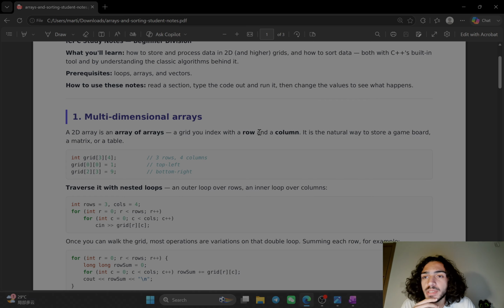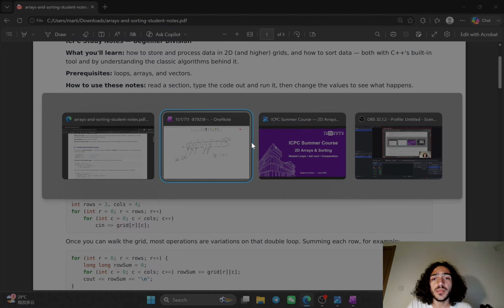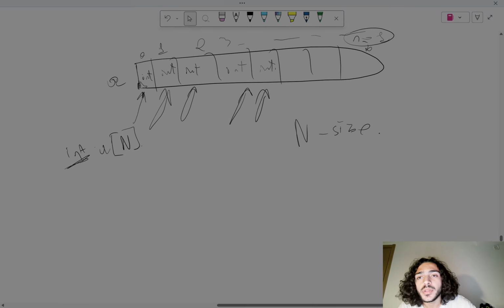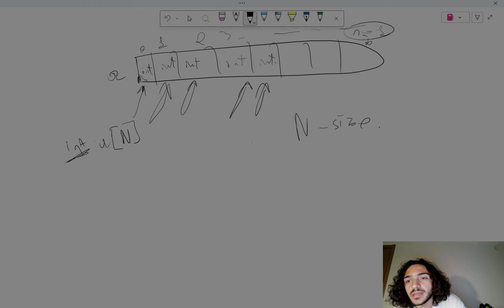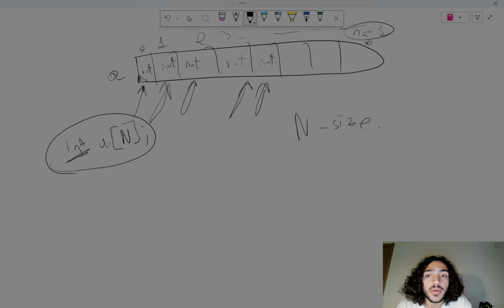So what is a 2D array? It is an array of arrays, basically. A grid you index with a row and a column. It is a very natural way to store, for example, game boards, matrices, or tables. The way we can imagine it: here we declare the one-dimensional array, right? So to declare a two-dimensional array, we have to put this,